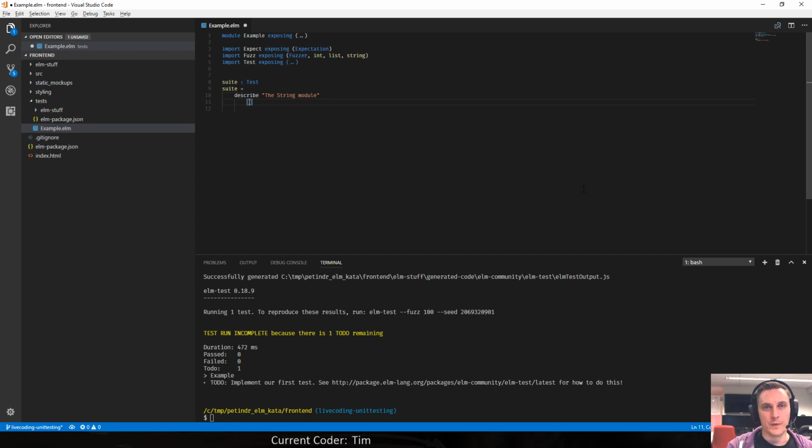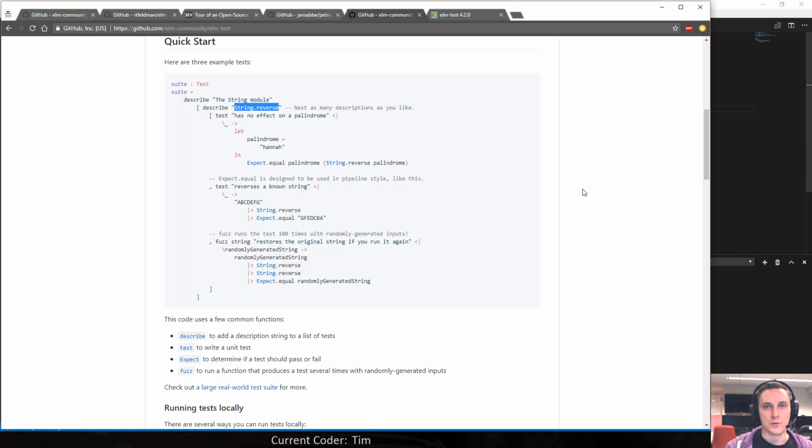So let's nest that into a different describe block. And then this describe block has another list argument. And I think the example shows you can already go with a test. So there you go. Has no effect on a palindrome.